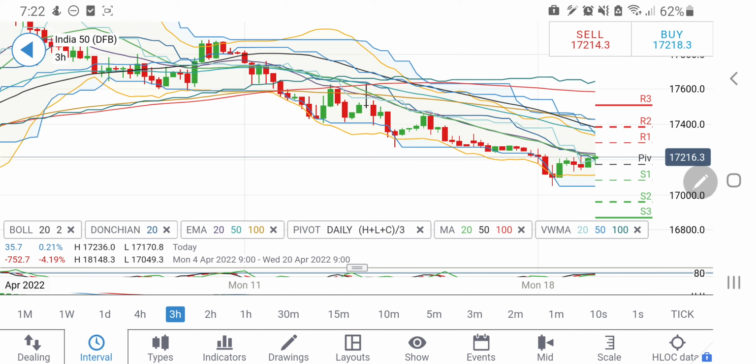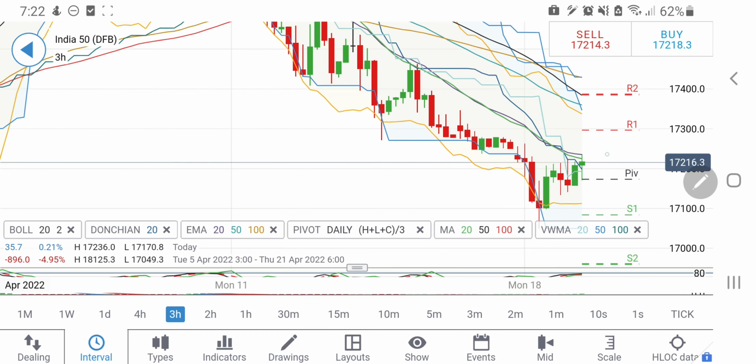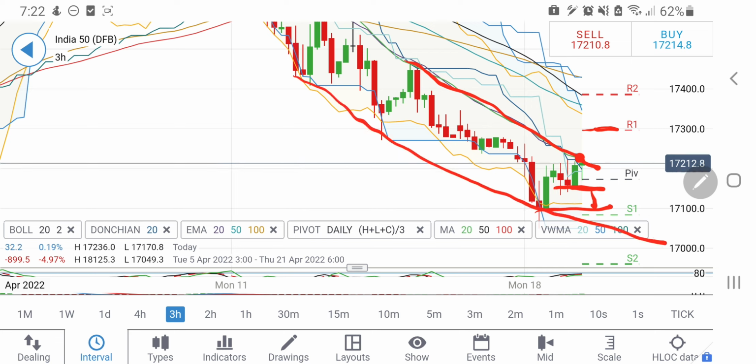Now look at the 3-hour chart. Similarly, on the 3-hour charts, here is a little resistance at around 17,250 levels, and then breaking this, it may try to come back towards 17,300. See, these lines are giving it a very perfect resistance. On the downside, there is a support at 17,150 levels. So breaking 17,150, one can initiate a short entry, but 17,100 is a strong support, and below that we can expect 17,050 to provide a stronger support. In between 17,250 and 17,050, it may try to swing a bit.